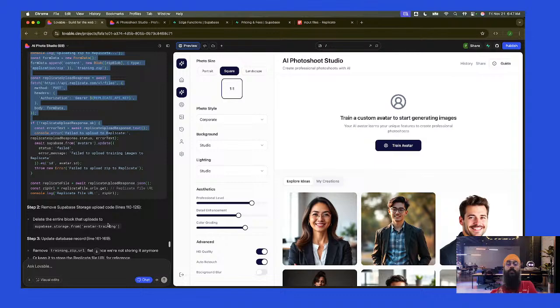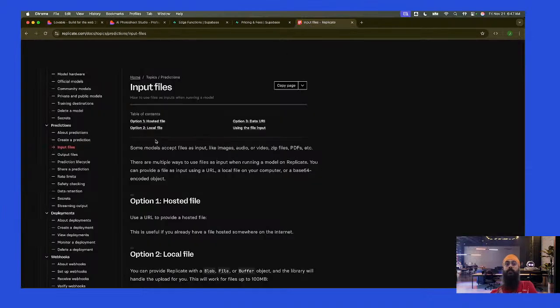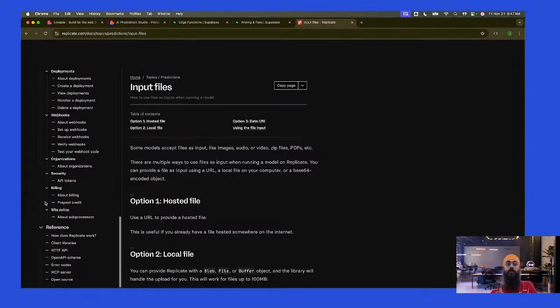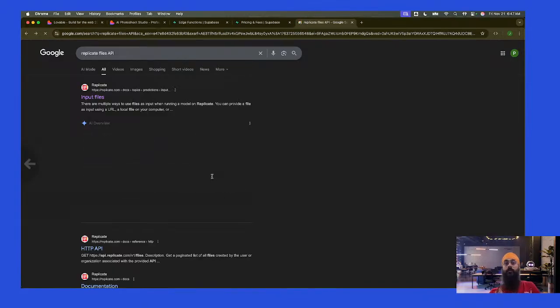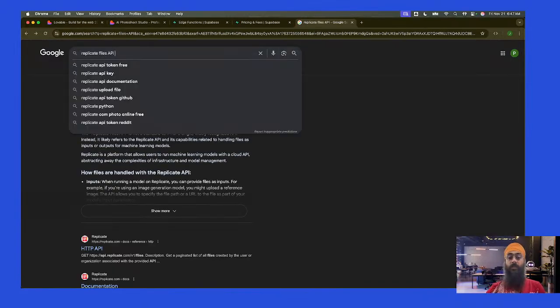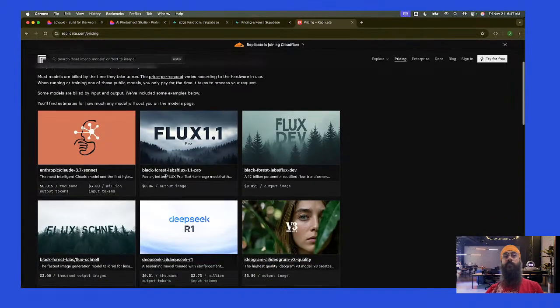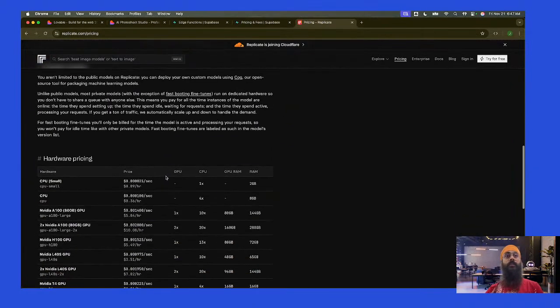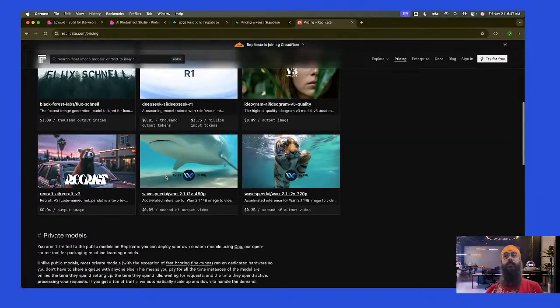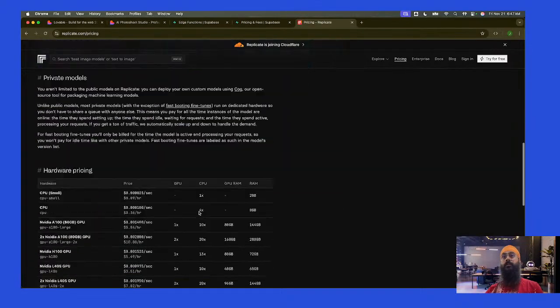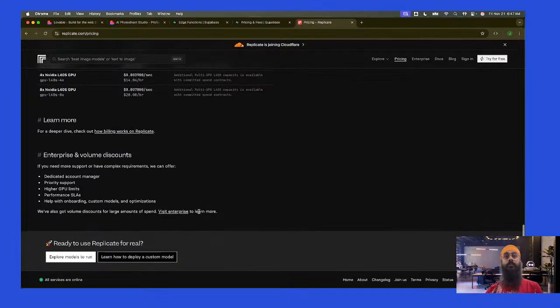That's fine, but I'm trying to understand too. Is there any extra cost included in this Replicate files API? I'm assuming that they have this pricing for using their models only. No, there's no pricing for